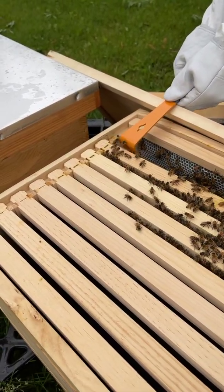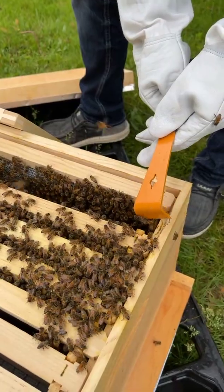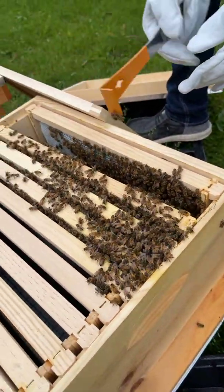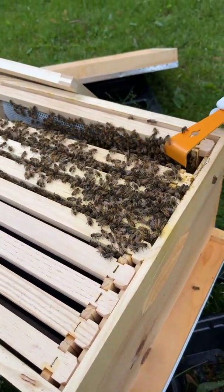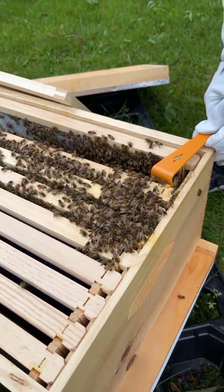So, I'm just looking at them. I haven't done anything major. I accidentally dropped one on the side of the frame. I've seen beekeepers do that who are professionals. I don't really care. Like, it doesn't take a degree in astrophysics to keep bees. It's actually just being...